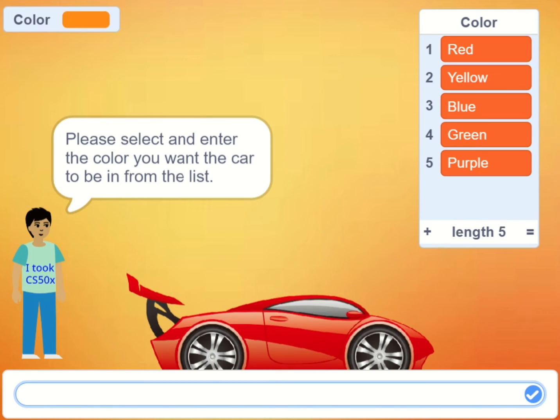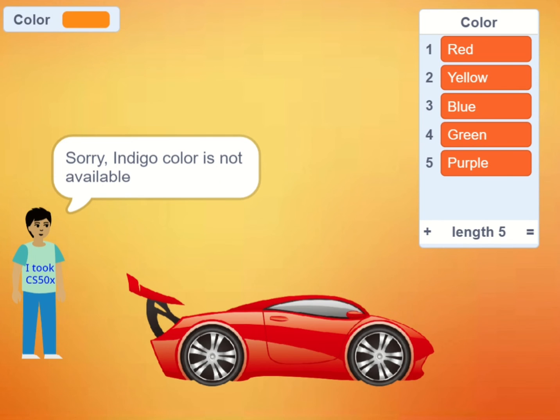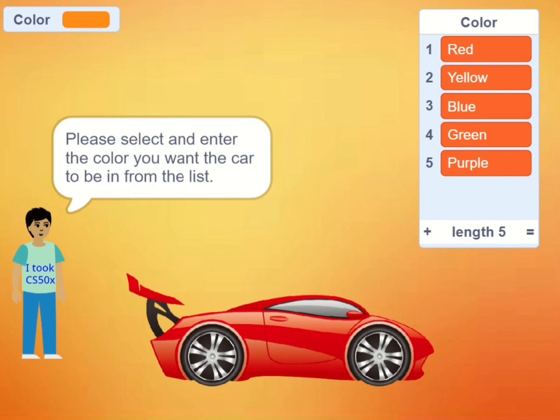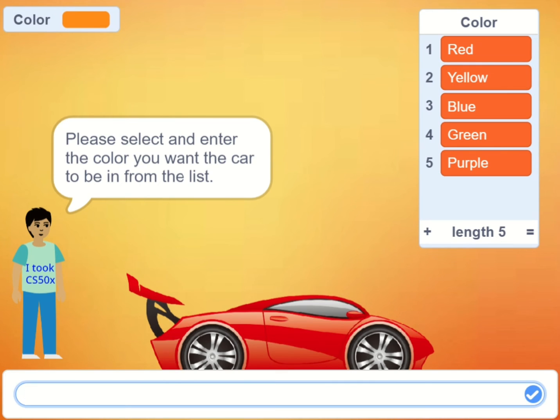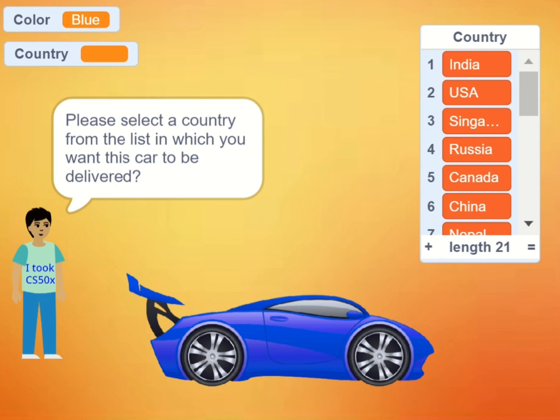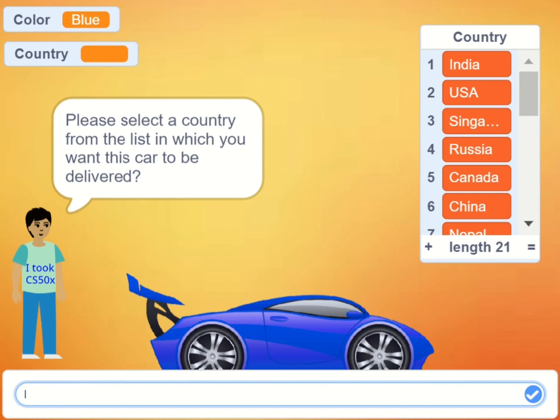If I enter a color that is not available in the list, if I enter indigo, it says, Sorry, indigo color is not available. Please select and enter the color you want the car to be in from the list. So it will ask again. This time, if I enter a valid input, blue, it says, Please select a country from the list in which you want this car to be delivered. If I enter a country that is not mentioned in the list for delivery,